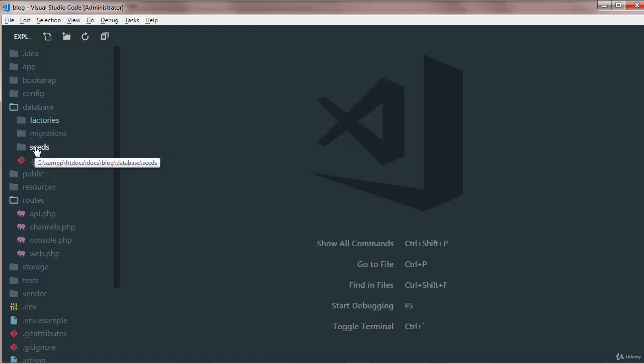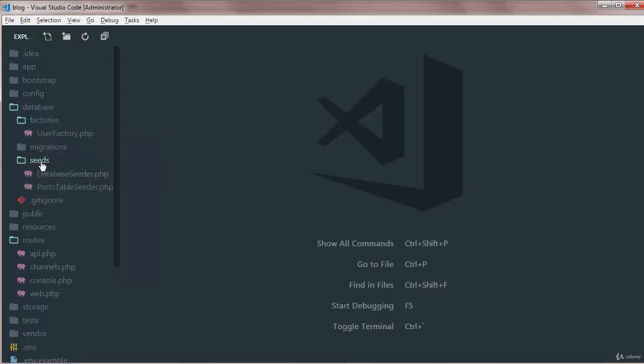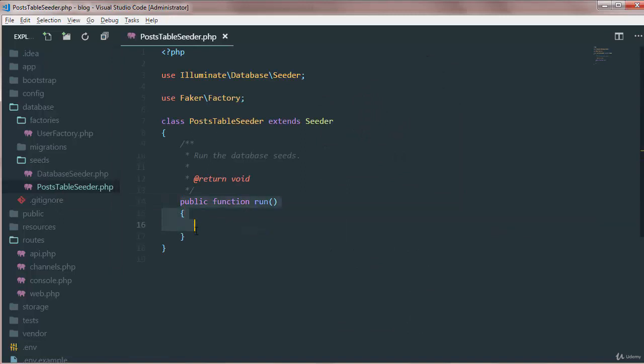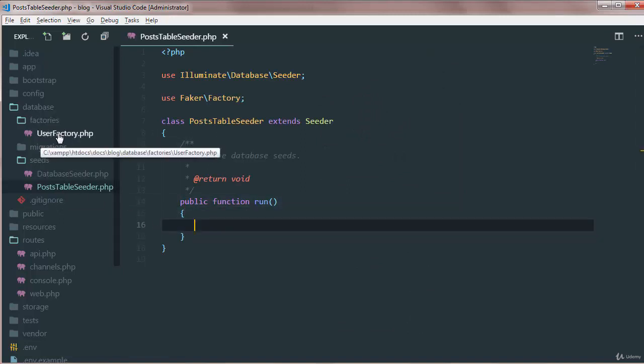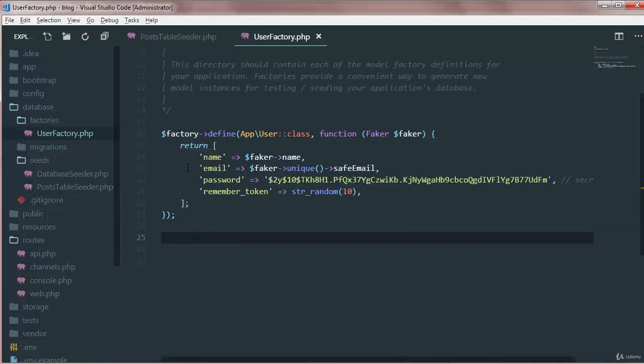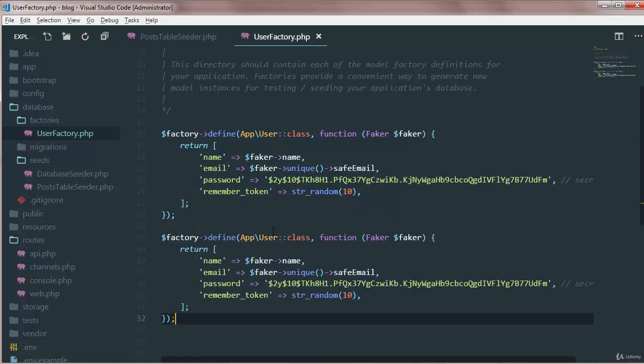Okay, simply, we just need to go to our factories and then seeds. The seeder is already here and the run method is empty now, so we just go to factories, and then the user factory is already here. Basically we will use this. If I just copy this from here and then paste it below,